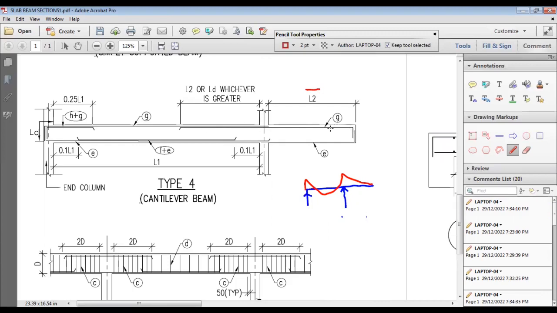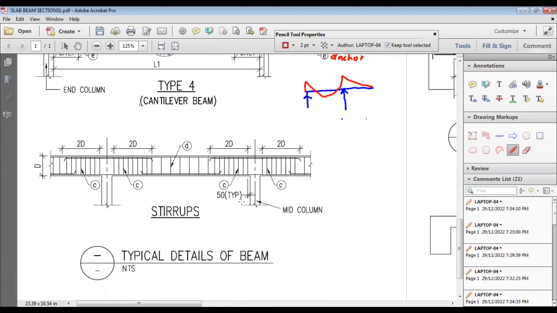So you need to anchor this cantilever top bars in the back beam. For the other fixed beam, it is the same as the fixed beam. There will be a G bar, full anchor bar, H, and 0.25 L1 is the distance for this, and LD is the development length from here to here. So this is the dimension. All other things are the same, only this is the key point. The top bars are main bars and the bottom bar is an anchor bar because there is compression at the bottom in cantilever beams. Now regarding the stirrup details in beams,